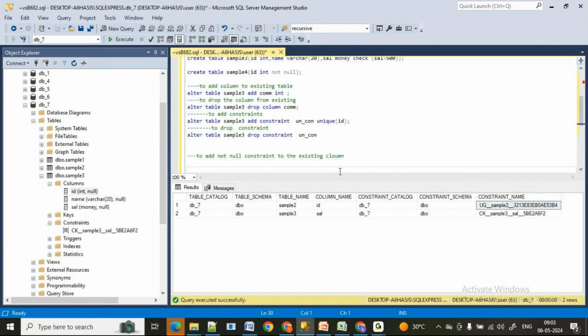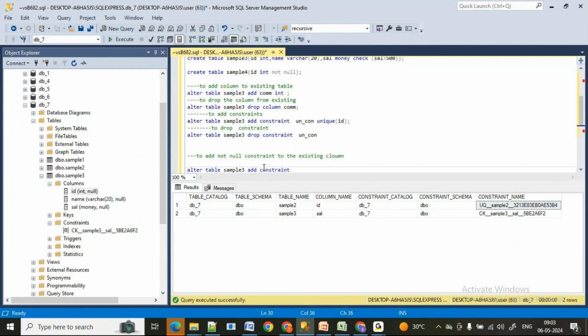Try to observe carefully. While creating it was successful, but while altering, alter table sample tree, I just want to add the constraint. Add constraint, what constraint do I want to add?